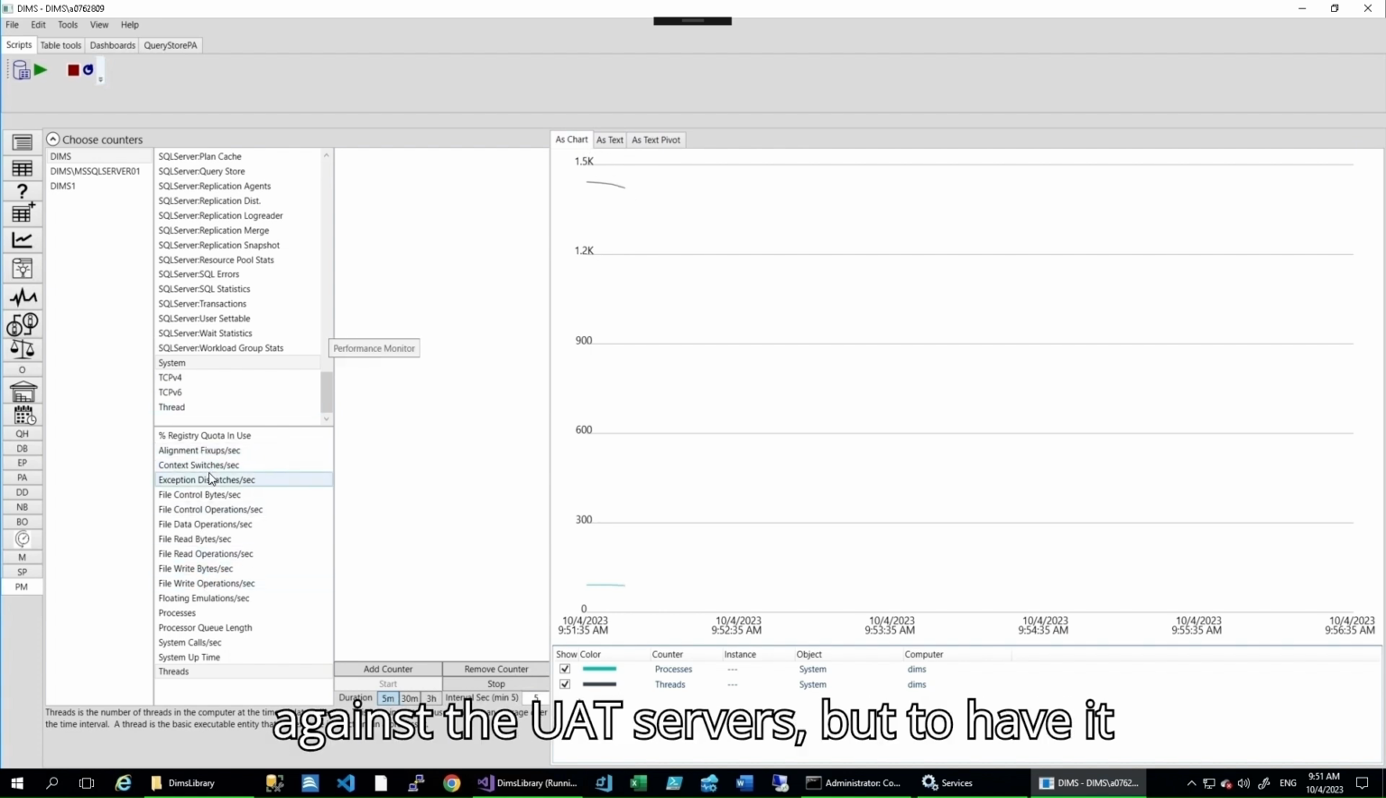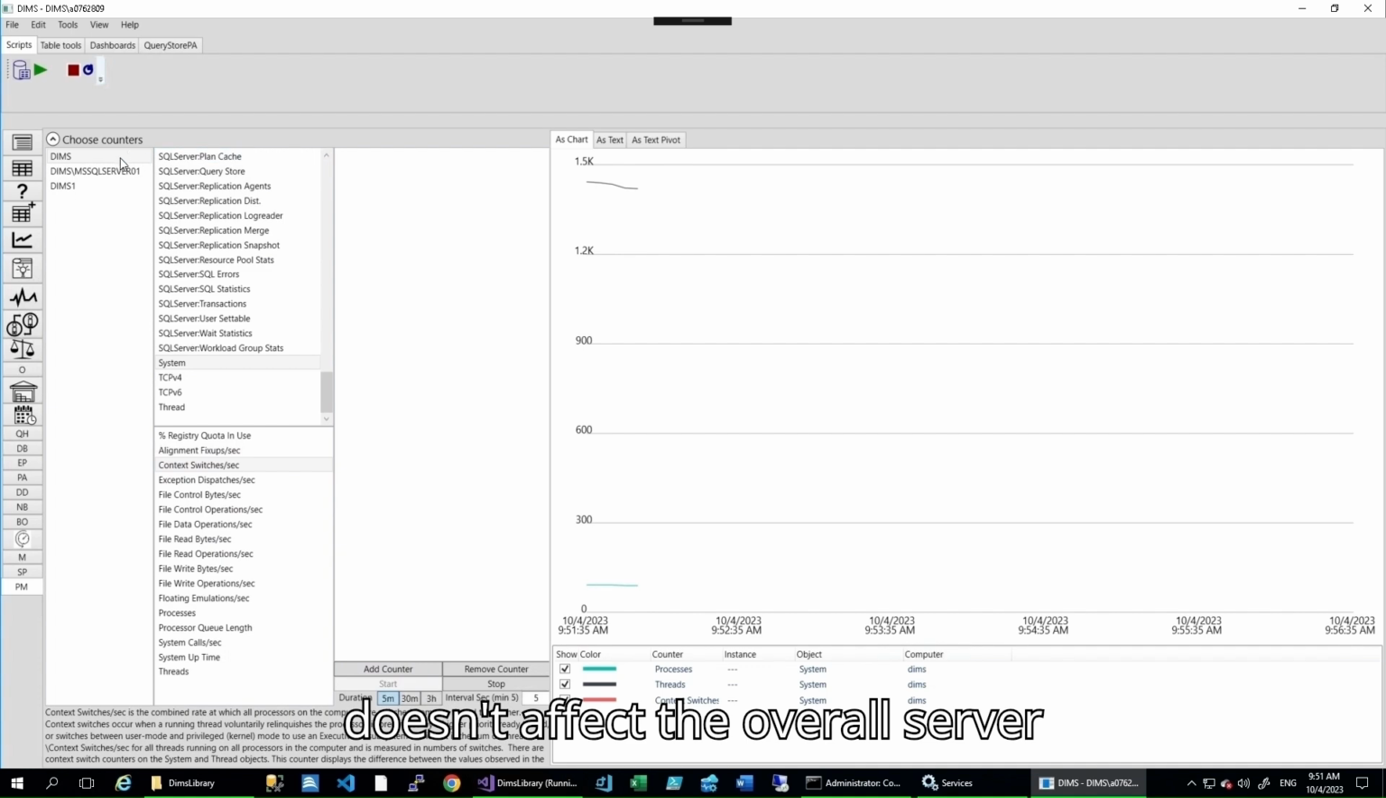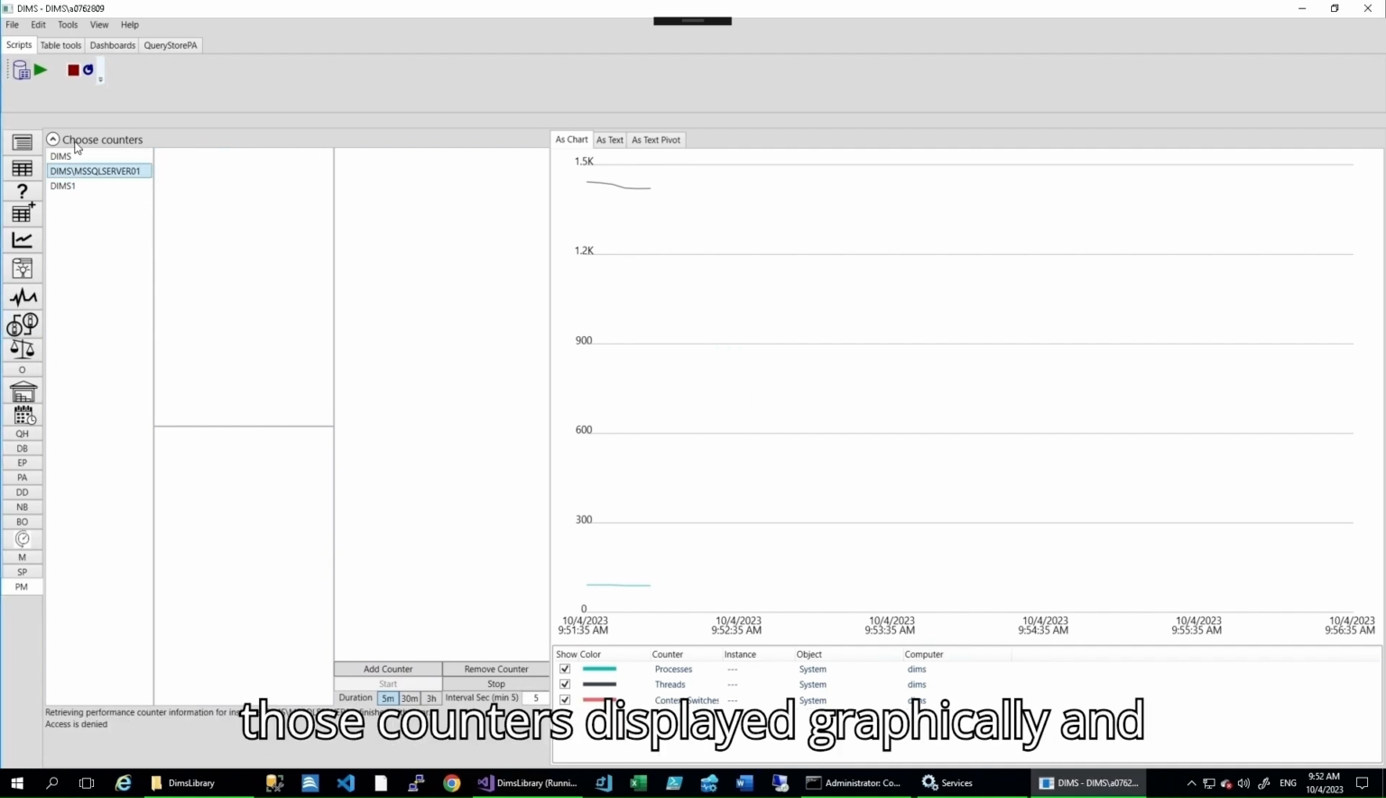I tried it against the UAT servers, but to have it run against prod servers requires more tests and safeties in place so that it doesn't affect the overall server performance. You will see me selecting some of the counters and the values of those counters displayed graphically and in tabular